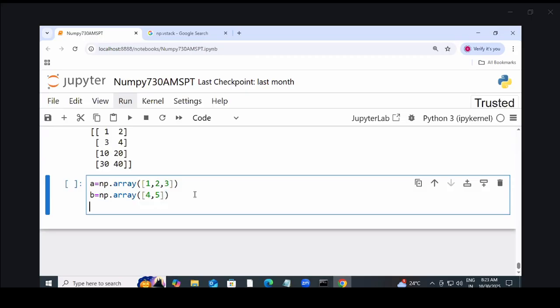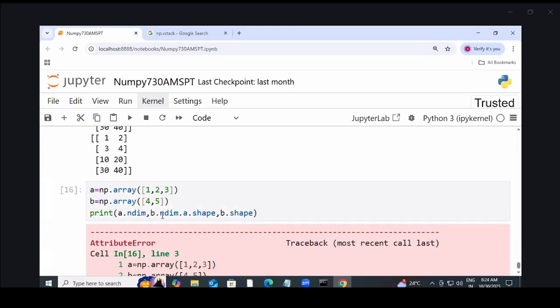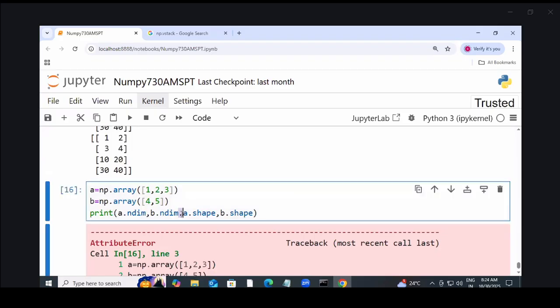Two values. But both are 1D only. Now if I say A dot ndim, B dot ndim, and then A dot shape and B dot shape, this has three values and this has two values, but both are